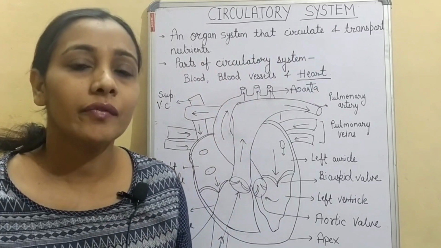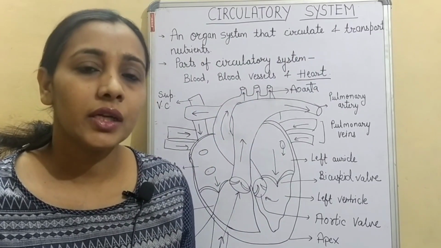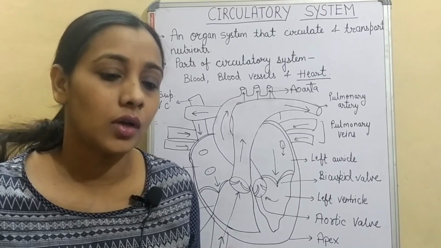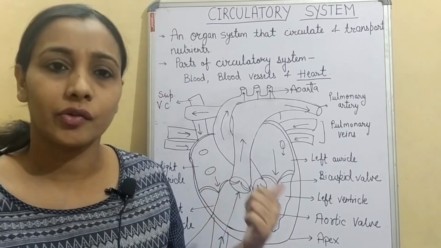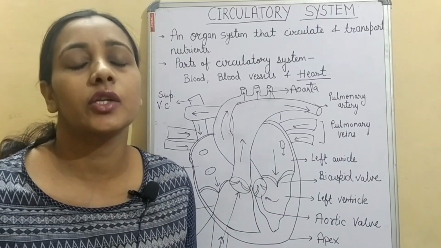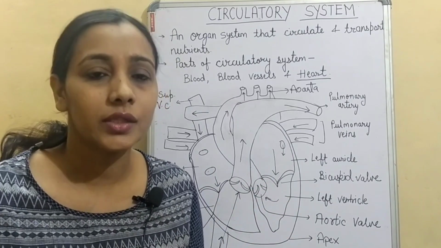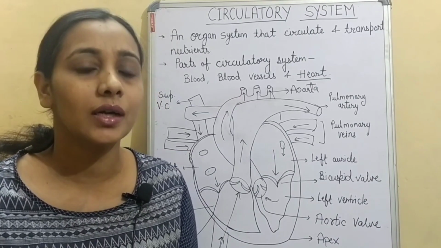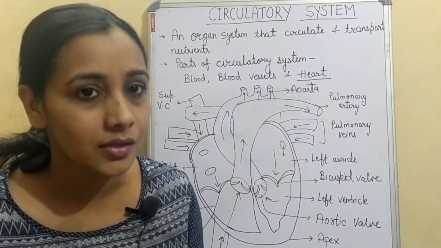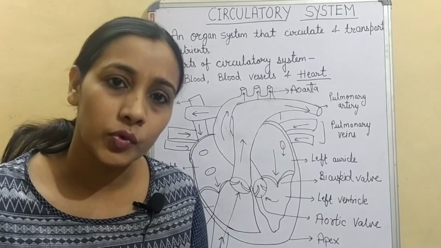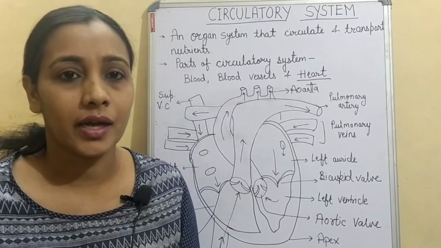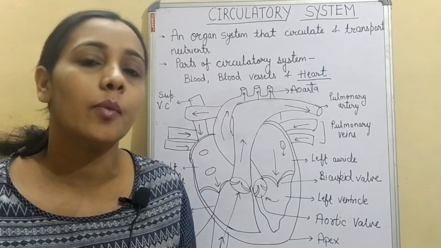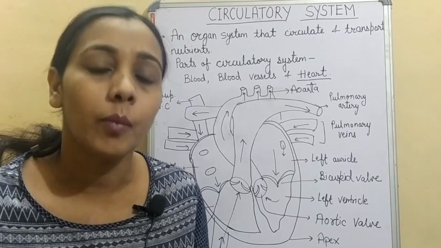That means when we eat food, why are we eating food? To get nutrients. So these nutrients, how will other body parts get them? Through the circulatory system, because the food goes into our digestive system, and through the digestive system all the nutrients transfer to blood, and through the blood it goes to all body parts. Similarly, many hormones, oxygen, carbon dioxide, they all circulate through our circulatory system. So it is a very important part of our body.